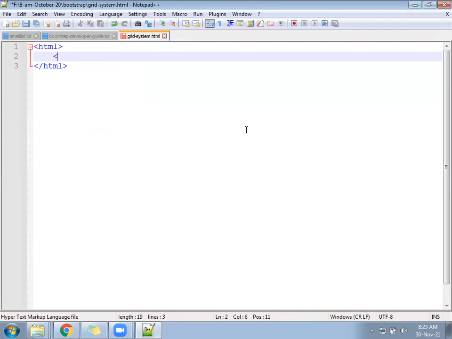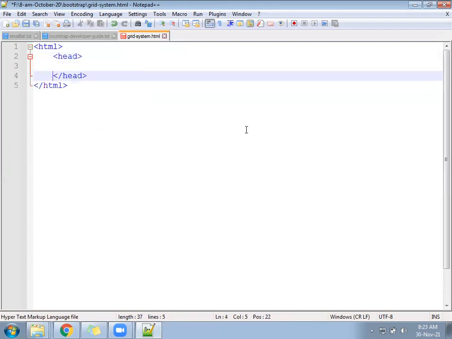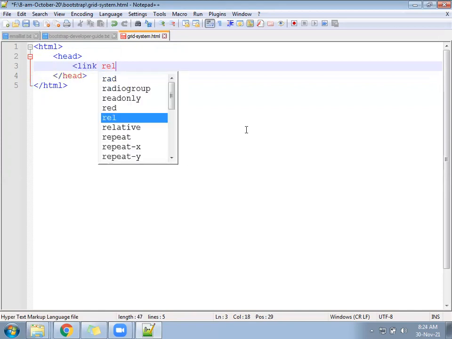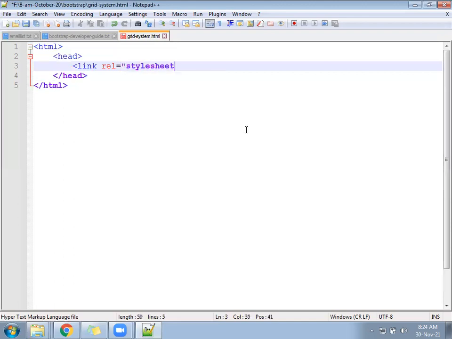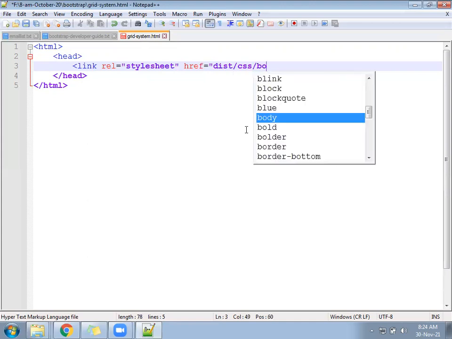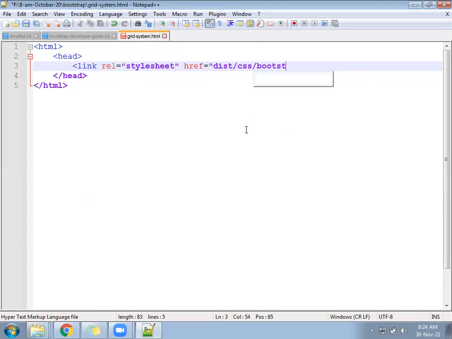After that, head open, close. Under the head section, you have to call a link, rel equal to stylesheet, href equal to the folder name slash css, which is another folder, inside it the file called bootstrap.css. That is, href equal to css/bootstrap.css.